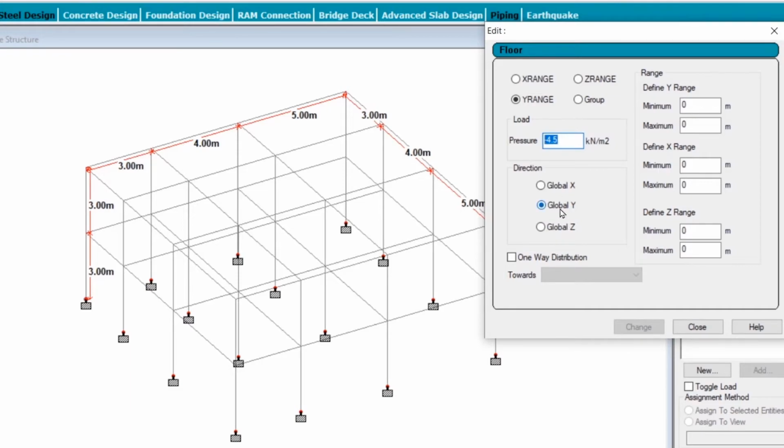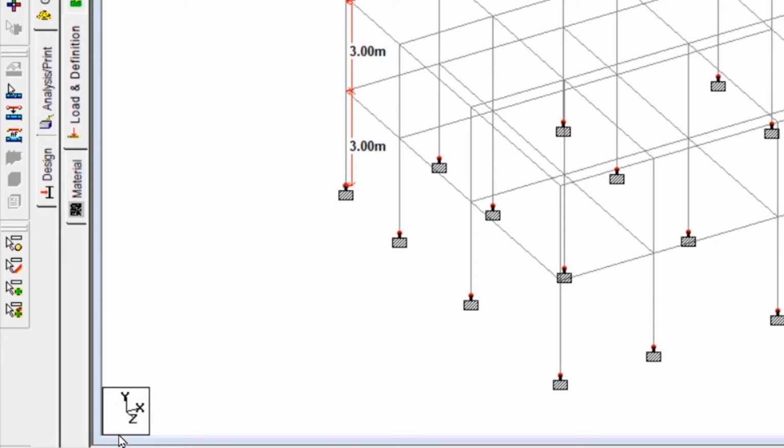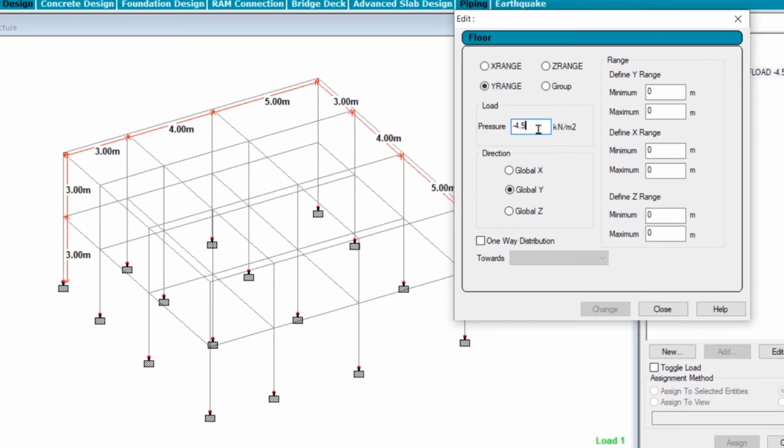The direction of the load, we'll always want it to be a global Y because this is the Y direction. If you zoom in onto the left side, you'll see this is the Y direction. So we want our load to be always in the negative Y direction, or rather in the Y direction with a negative sign on the load. This will define that it is going in the angle of gravity or parallel to gravity. Down at the bottom, we have the option of one-way distribution as well. In my experience, there will be hardly any cases in which you'll be designing a one-way distribution. And even if you do, it's better to go for a two-way distribution because that is a more realistic way of dealing with floor loads. So in our case, we'll always let it be unchecked.